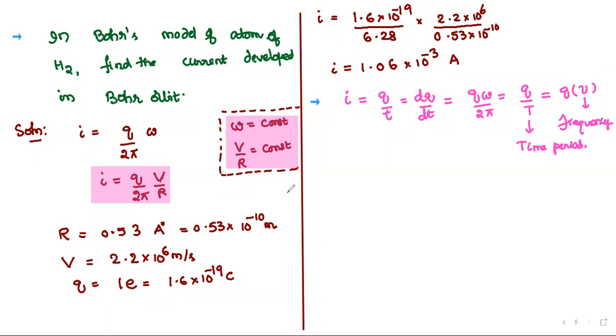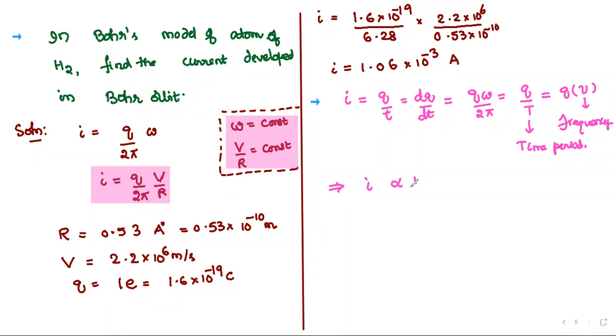And even you can write the currents developed in different orbits. In all orbits of a hydrogen-like atom only one electron revolves. That electron is in the first orbit or second orbit or third orbit. We can say